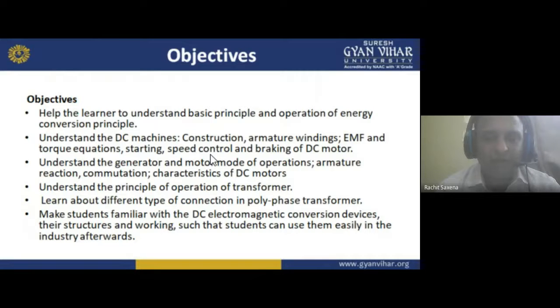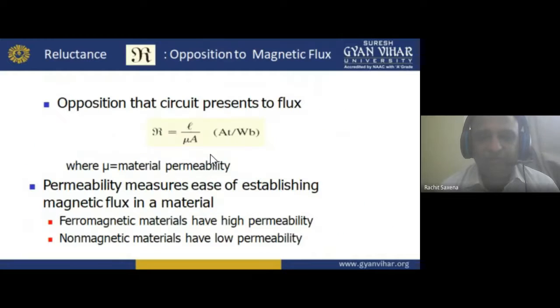But why are we using a mobile? Mobile is basically the communication device. So if we want to communicate something, we need a device, a system. Similarly, if I want to convert from electrical to mechanical, I need a system, a circuit, a function. Here we have a magnet. That is why I am going to teach you about the magnetic circuit. Understand? Now moving forward, from the previous lecture, reluctance.